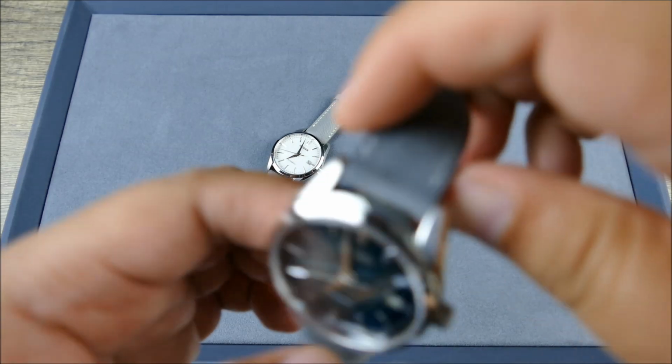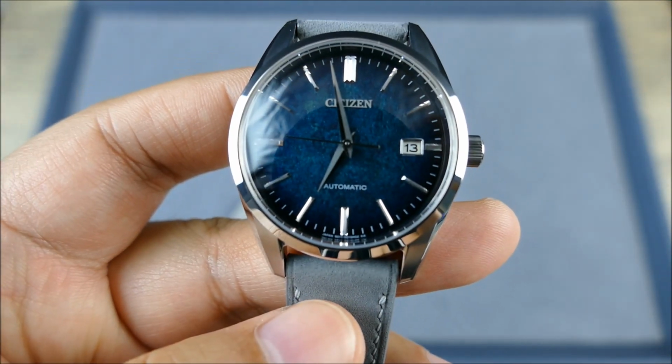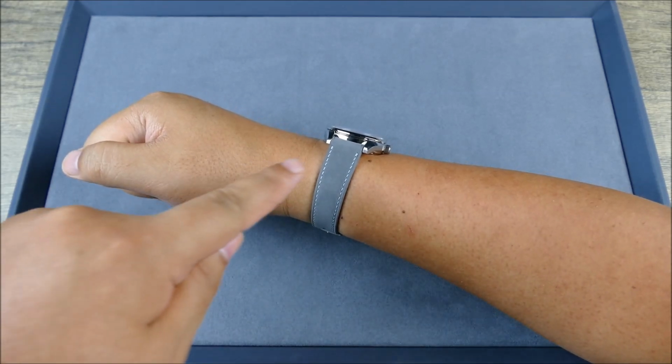So with that said, let's get them on wrist. Okay guys, as you can see on my 7.5 inch wrist, where it's really nice, it's about 7 1/4 if I was to wear it